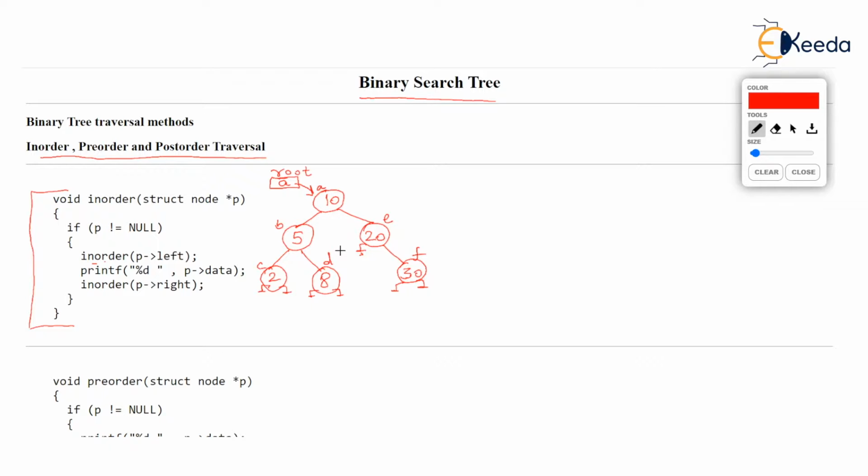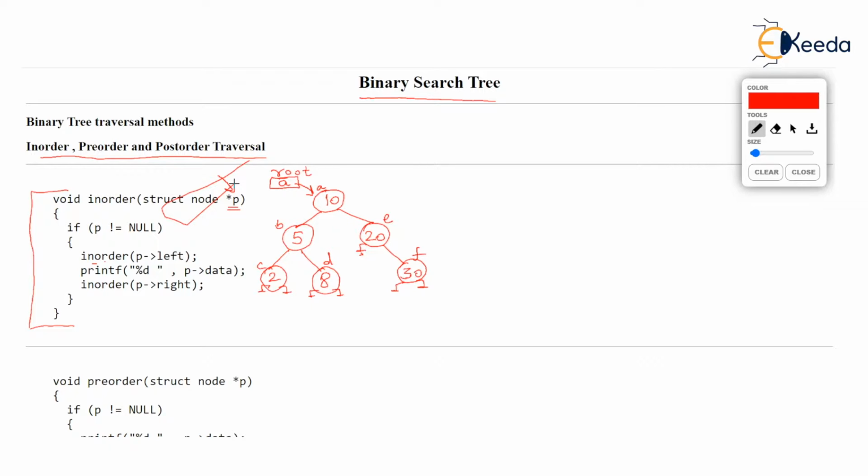Now before we actually run through this in order function recursively, I would like to tell you how easy it is to write in order function. Check that the in order function has a parameter struct node pointer p. That means we are going to pass a pointer which can point to a node. All these 10, 5, 20 are basically node structures. So we will have a pointer p which can point to a node, and this p is going to be initially root. So please try to understand.